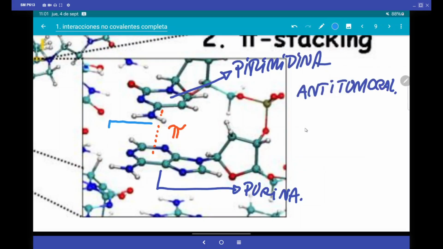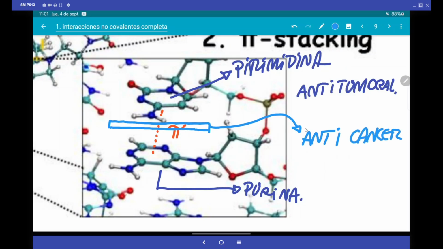Exactly, very well. We could then create a molecule that inserts between the bases. Then that would be an anti-cancer molecule. How is it selective? It attacks the same as healthy cells. But the difference is that an anti-cancer molecule is going to be more toxic, or should be, in the